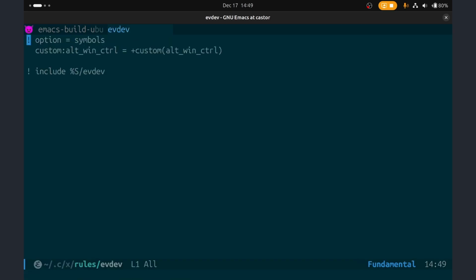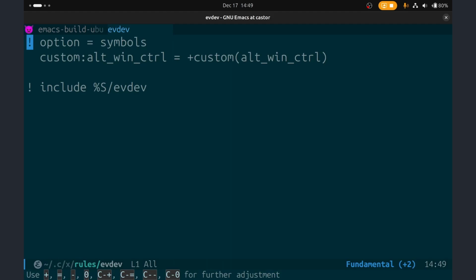So what we have here, let's make that a bit bigger. We have options = symbols, custom alt-win-control = plus custom alt-win-control, and then include evdev. So what we're actually doing is defining a custom key map name. So when you use tools like GNOME Tweaks, which I'm going to show you in a minute,